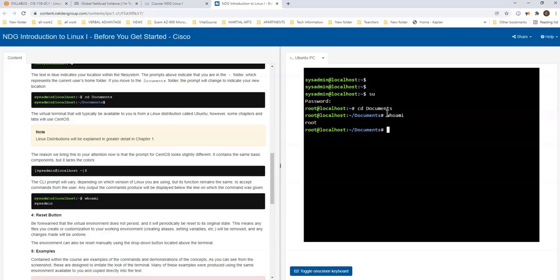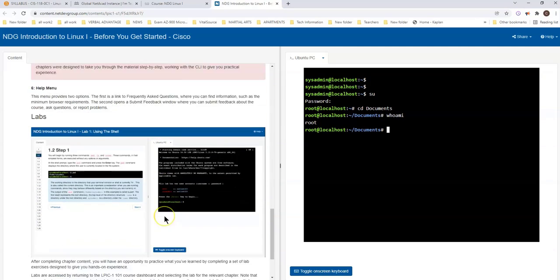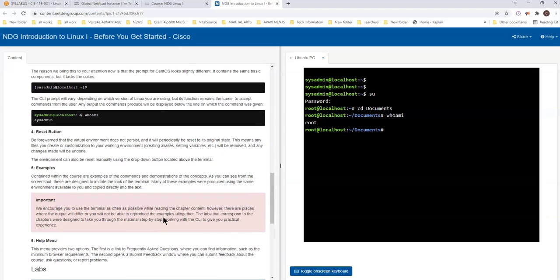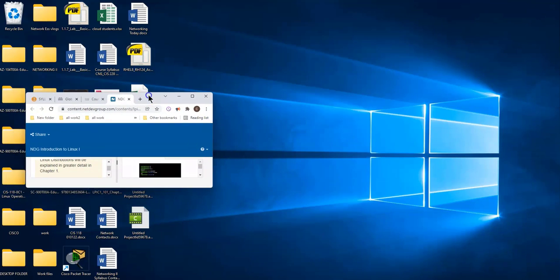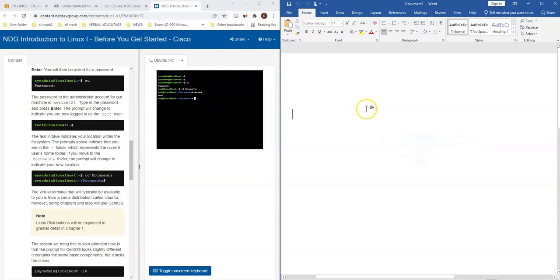Now, I see you doing this information right here, and it looks cool. Now, how do I get this information from you? This is how I get it from you. I am going to take a picture of this and place it on a Word doc. So let me put this side by side so you can see it. If I put this right here, and then I grab my Word document, now I can take this information here, and of course you'll do it bigger than this, but I can take a